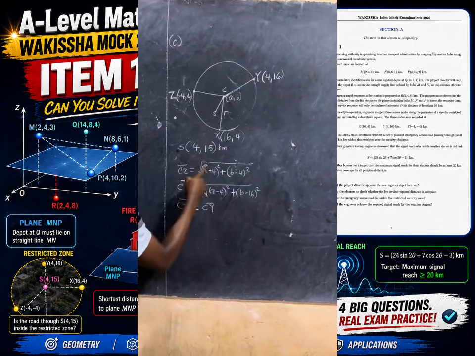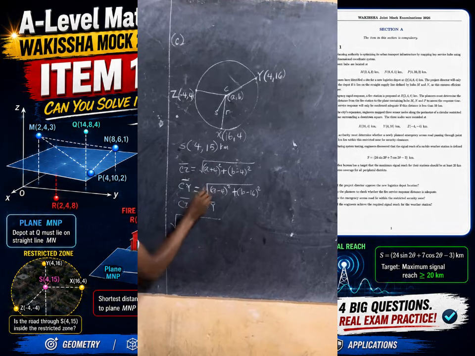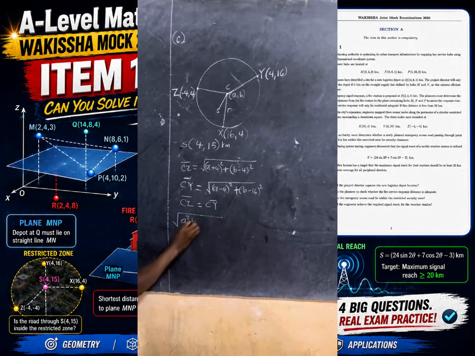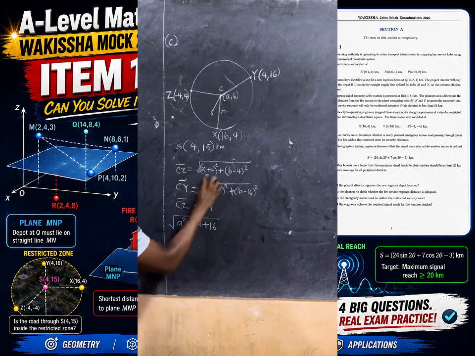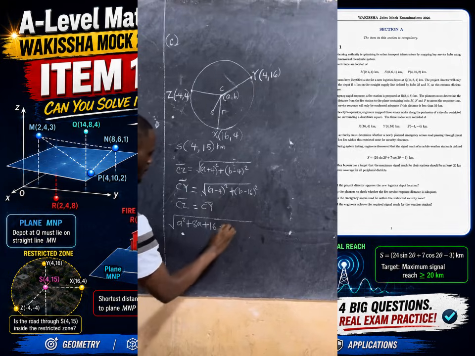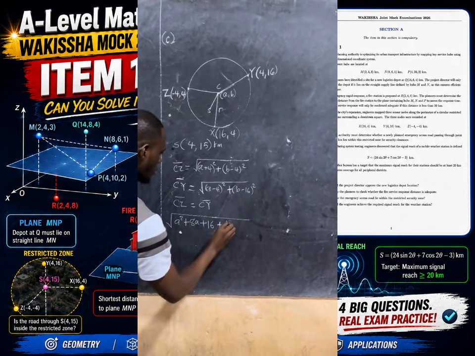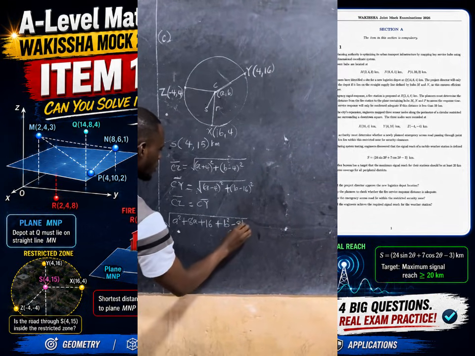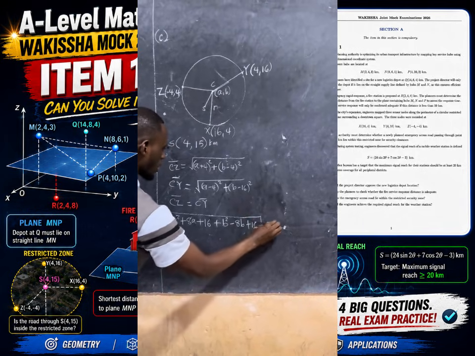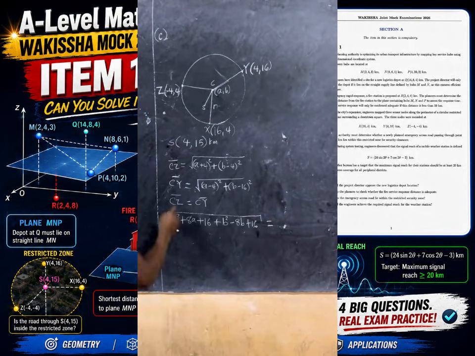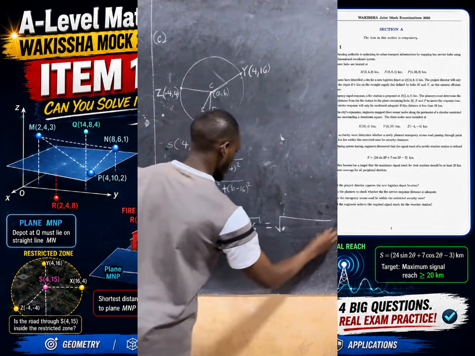I first equate the square root of, as I expand it, a squared plus 8a plus 16. Then I add on the expansion of this, b squared minus 8b plus 16. We are saying this is equal to CY, which is also the square root of,